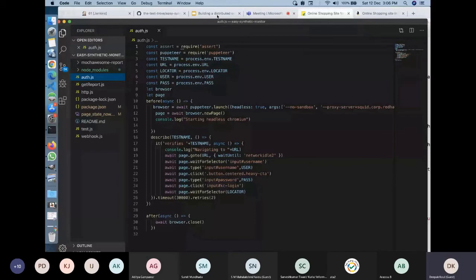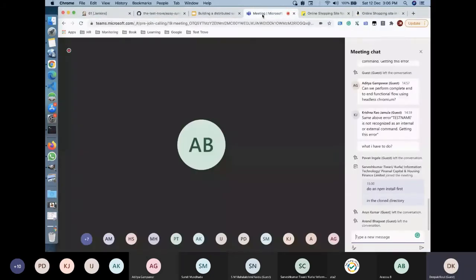All right, so let's go to the, okay. Has anyone of you successfully cloned and then ran a simple test after doing npm i?